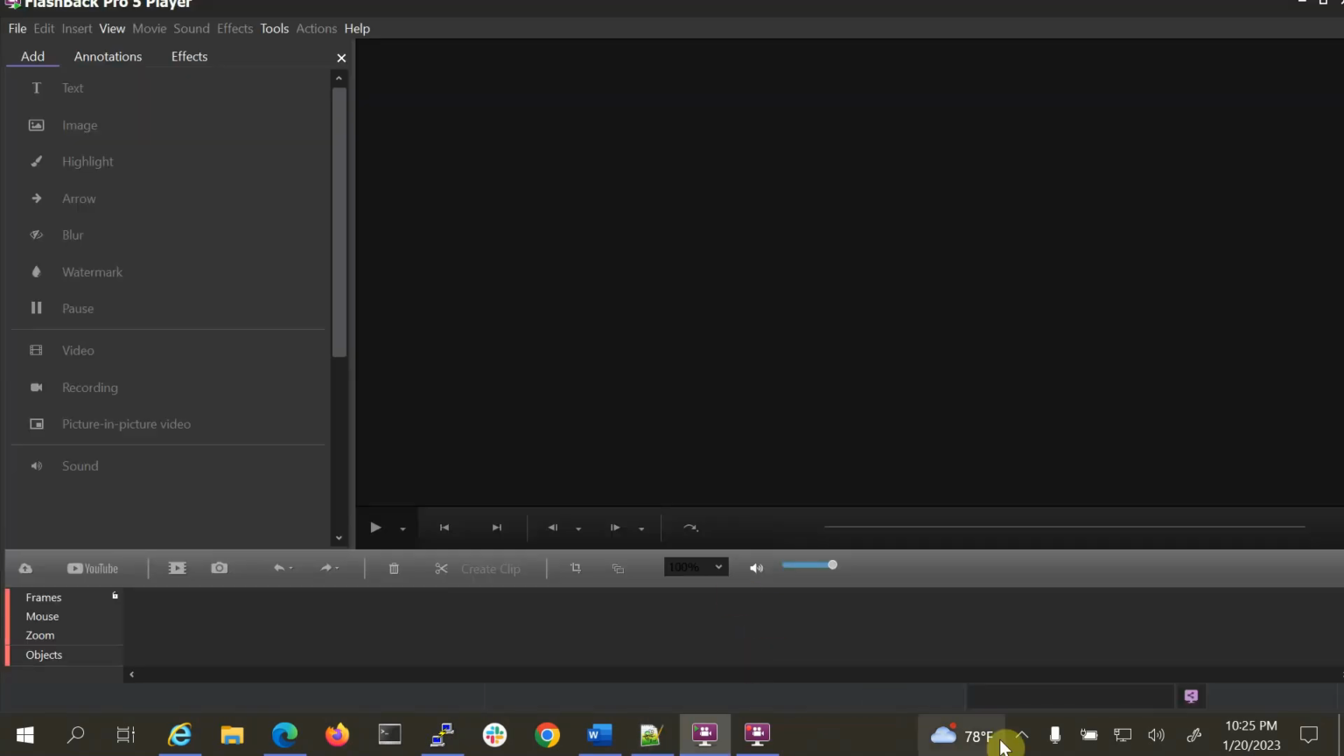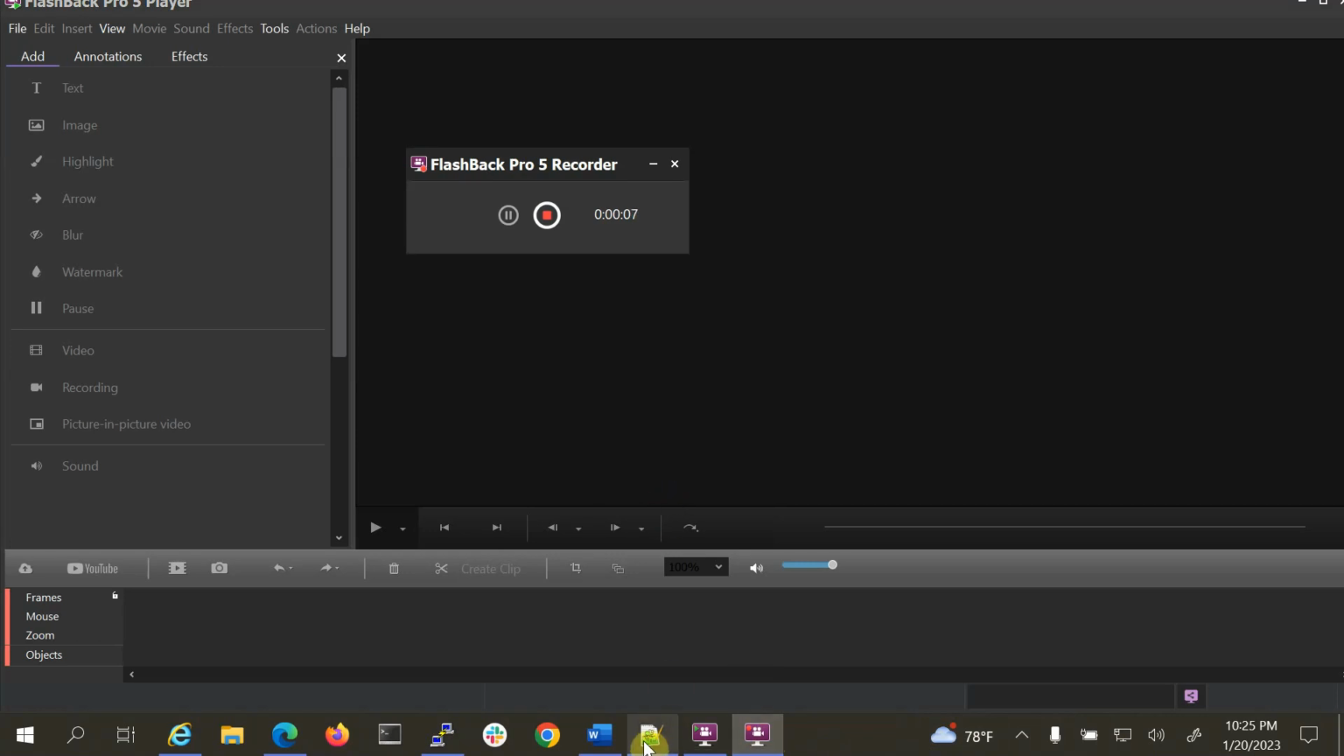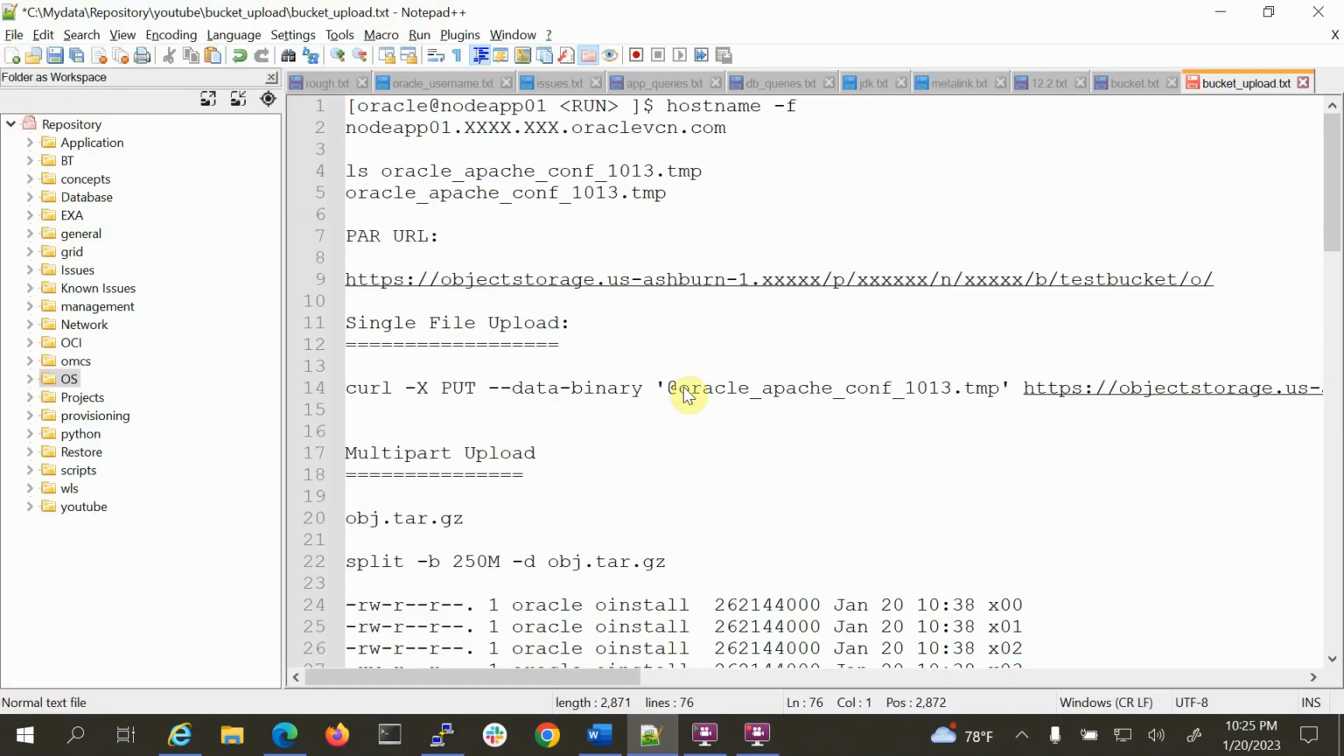Okay, so in this session we are going to discuss how we can upload an object into an object storage bucket. This will help you very much in your day-to-day operations. The disadvantage, let me not use the word disadvantage, the limitation in object storage, the limitation in OCA infrastructure is